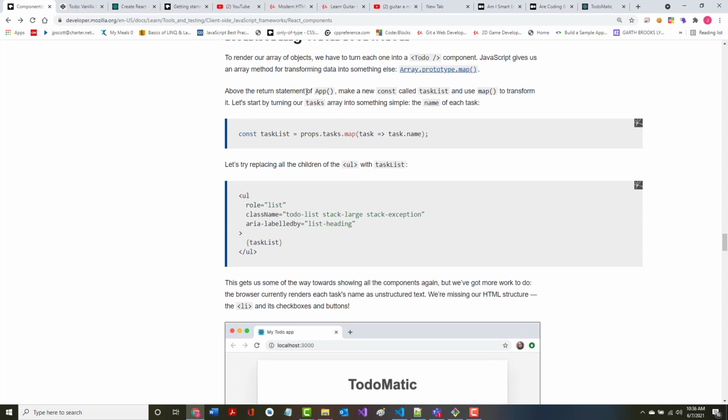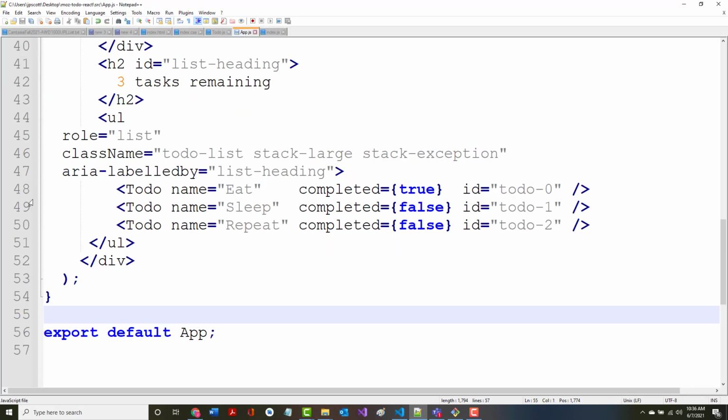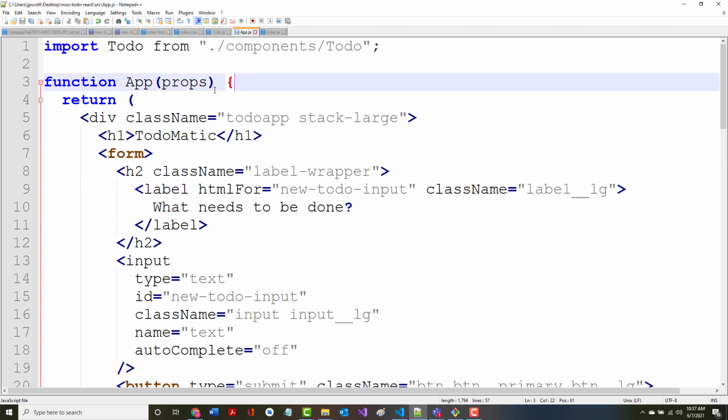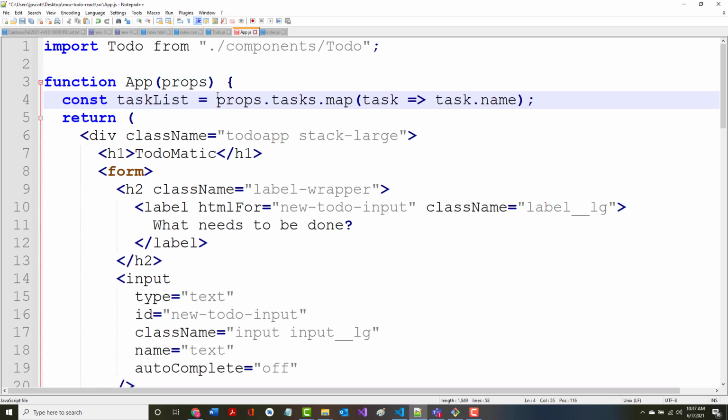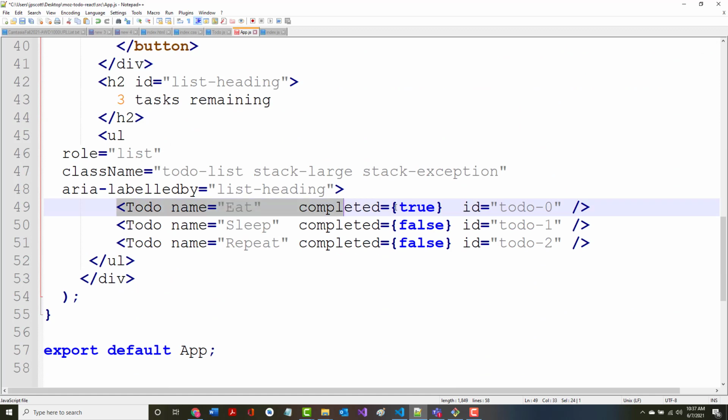Above the return statement of app, let's make a new constant called task list and use the map function. So let's start by turning our tasks array into something simple, the name of each task. So above that return statement, we want to add this. All right, right there. Plus, we want to come in here, and where we have these,